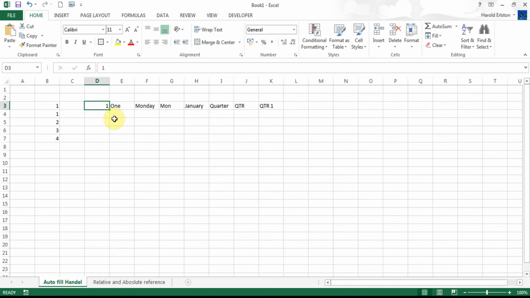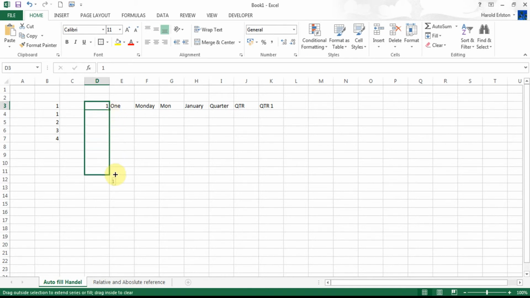and as you can see, in the bottom right hand corner of this cell there's this little square. Now I may not have mentioned it before, but the cell that we're working with, the active cell, will always have this frame around it. On the right hand corner of this frame is the autofill handle. If I move my cursor up to it, you'll notice it changes to a crosshair. When I click on and hold it with my mouse button, I can drag down,